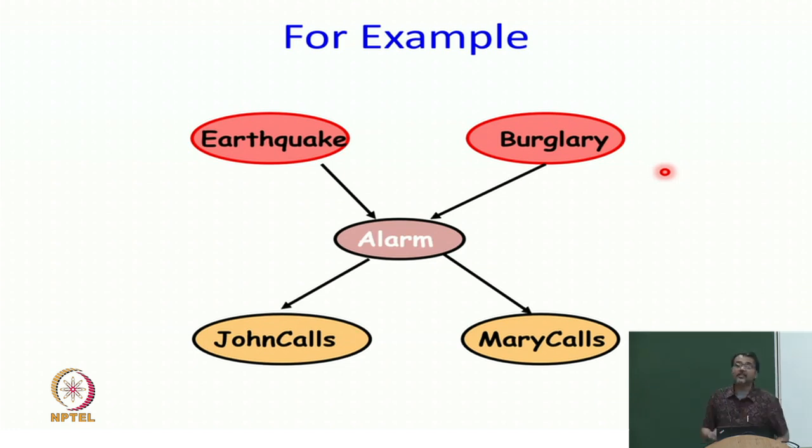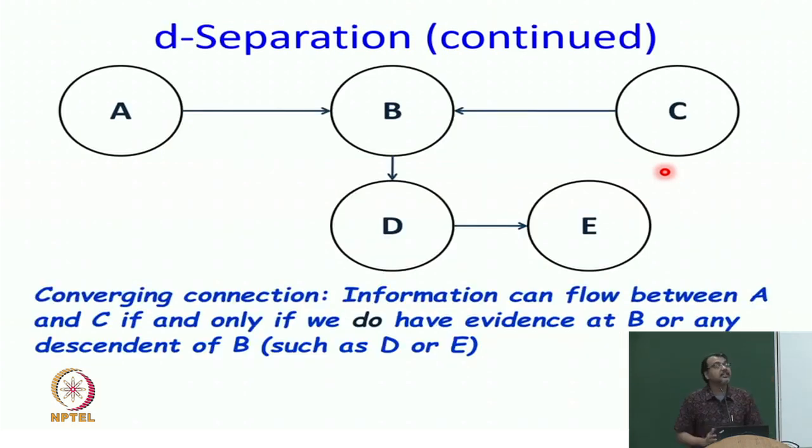So, this is one interesting phenomenon where both the random variables were independent of each other a priori. Earthquake was living in its own life, looking at the earth's rock movement and causing tremors. Burglars were living in their own life, and they were just looking at which doors are locked and who has elderly in there, and happily making their burglaries. And suddenly, by knowing alarm, they have become dependent on each other. By knowing alarm, because they are two independent causes of the same effect, because such an effect may have occurred, they have now become dependent on each other. Okay? And so, this is called the converging connection.